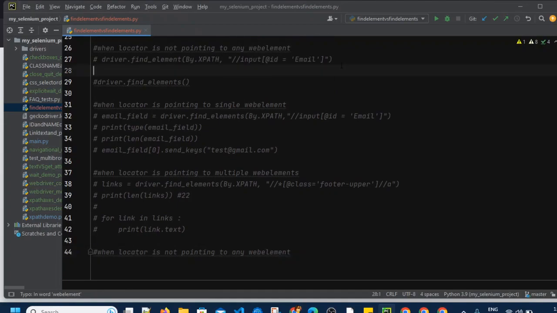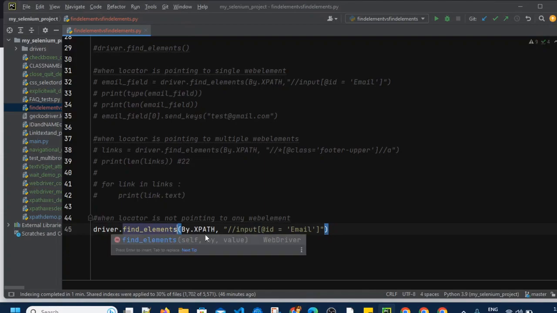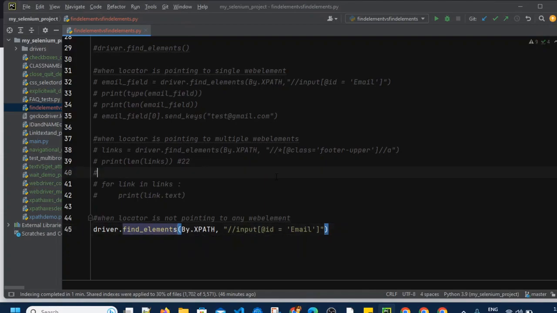This is the scenario when the locator is not pointing to any web element. So I will just copy this. Let's try to locate with the driver.findElements method by xpath. I am using this locator which should locate all the links first, but I will put some incorrect, random value here.